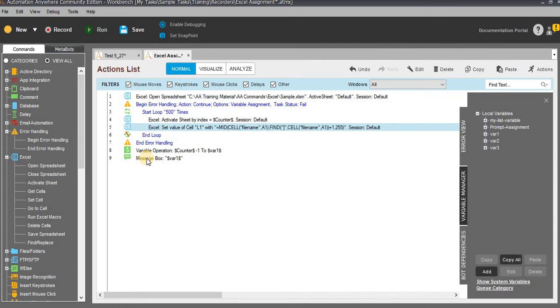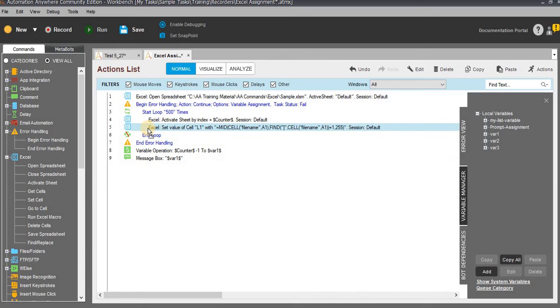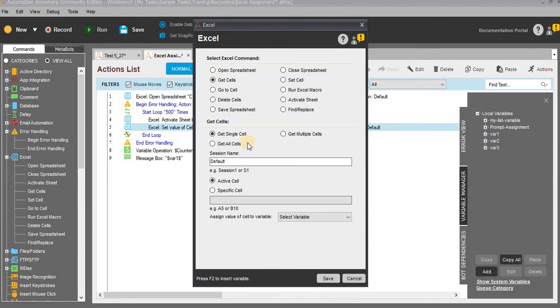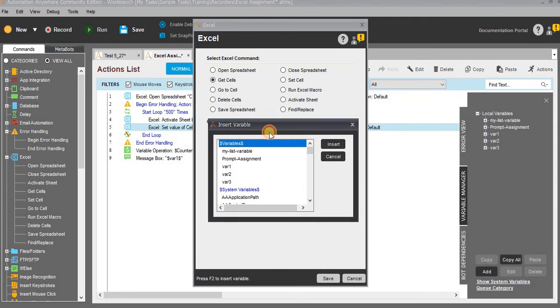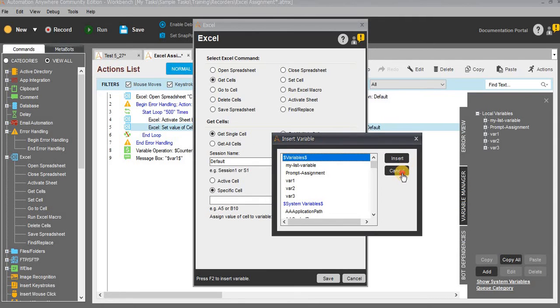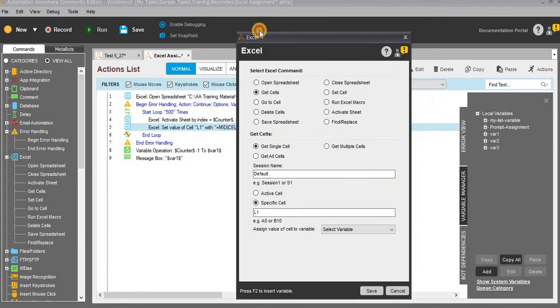need to display the sheet name in the message box, right? For that, I need to use the get cell command. Just drag and drop the get cell command, get single cell, and use the specific cell. Sorry, here the specific cell should be L1 because we have set the values into L1, right?